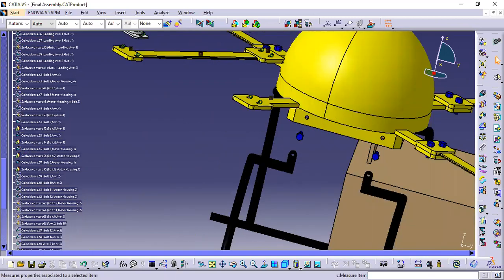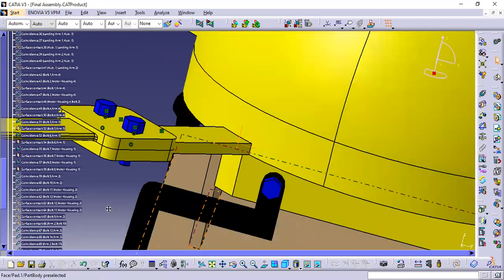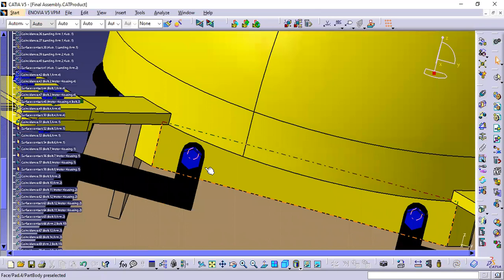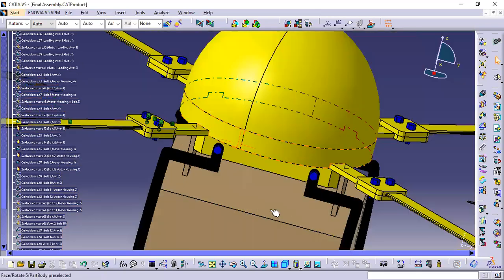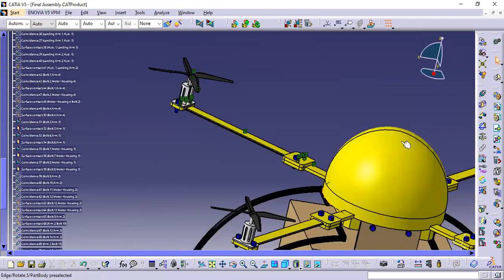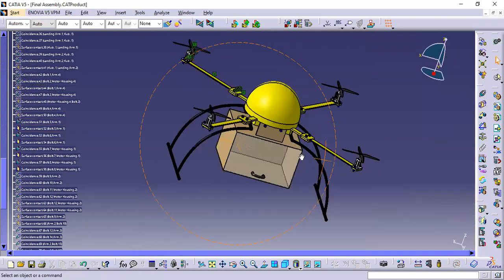So when we hit refresh, you will see that it's been in direct contact. The landing arm has been in direct contact with the extension from the main hub, and the same goes for the bolts as well. And we will do the same thing for the other landing arm,